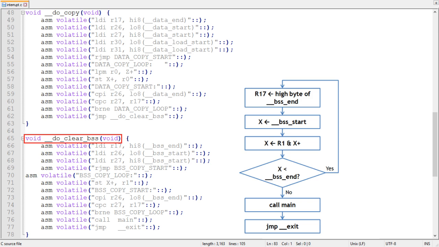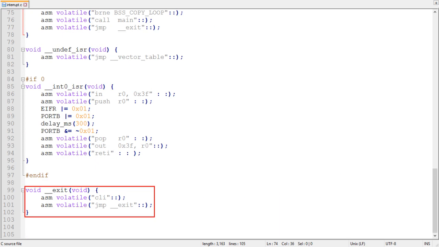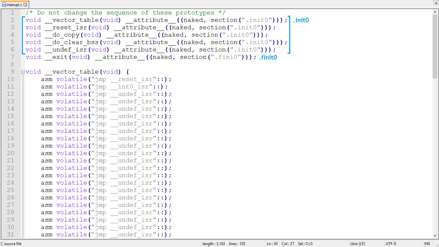Then the program execution branches to execute the instructions in the function main. This is achieved by instruction jump main. Once the program execution returns, it jumps to execute the function __exit. The function __exit disables the interrupts using the CLI instruction, and the program execution is trapped in an infinite loop. Notice that